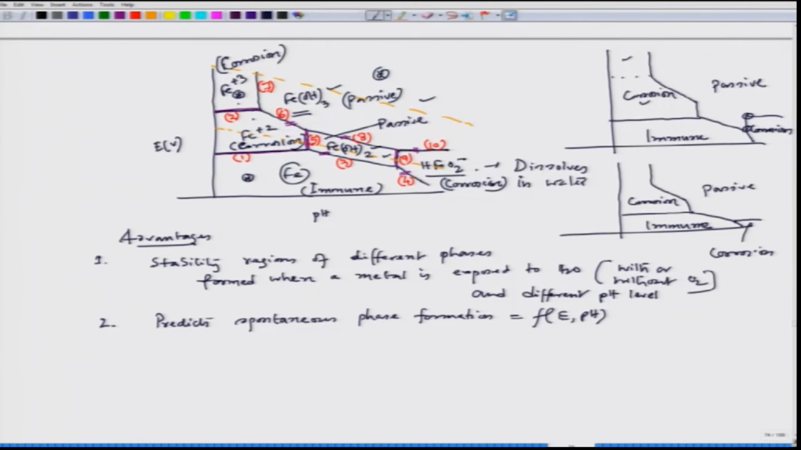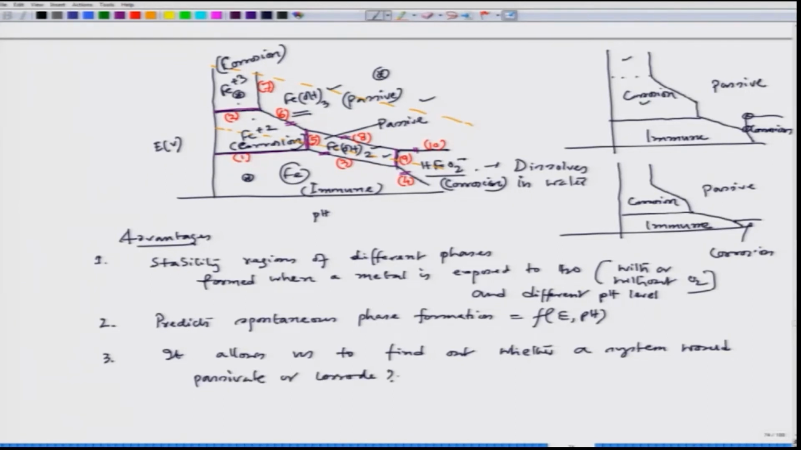system. Now, the third point indicates that it allows us to find out whether a system would passivate or not, or corrode. That information we will definitely get. Now, interestingly, in order to do that, we need to just see, in case of